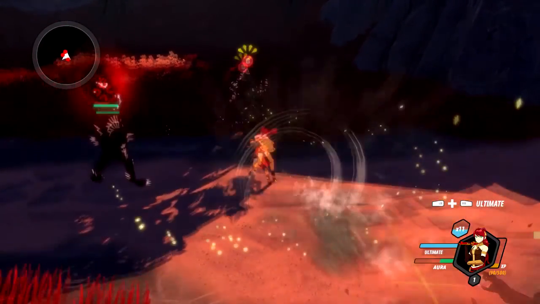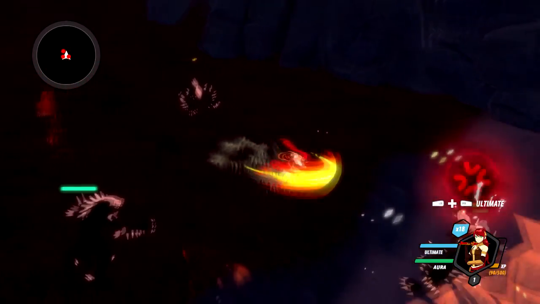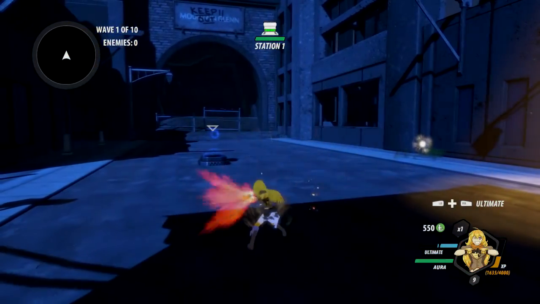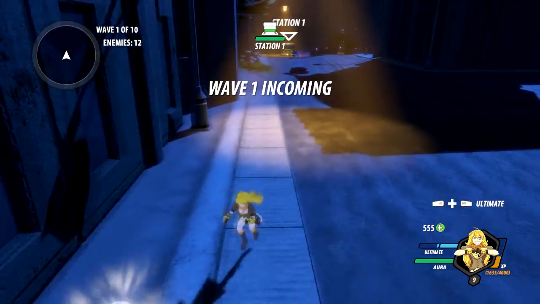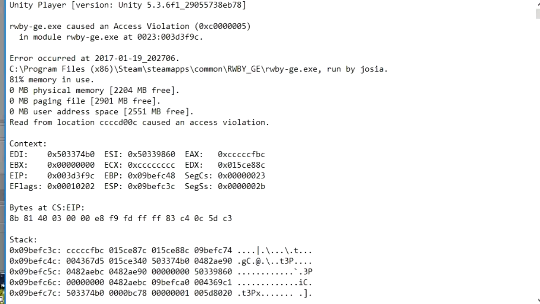So overall, how is the game after I've covered everything here? I'm not gonna lie, it's gotta be a pretty mediocre score of 4 out of 10, or as I like to call it, wait for a deep Steam sale. Unfortunately, RWBY Grimm Eclipse fails on a lot of aspects here. Not only is it a technical mess on PC with random crashes out of nowhere, which has happened to me multiple times, I have logs to prove it,